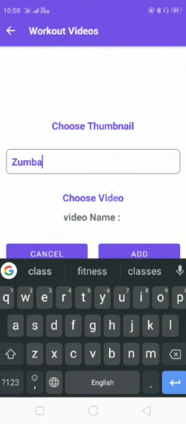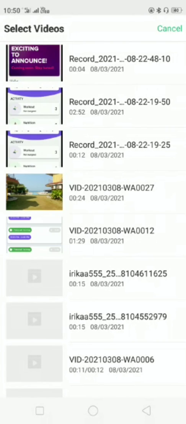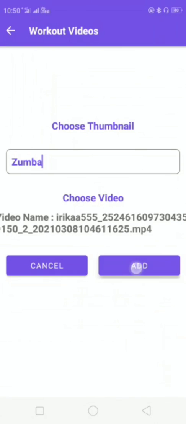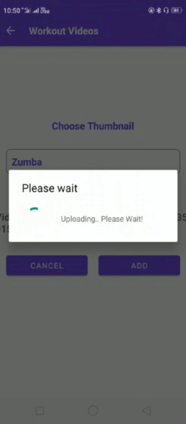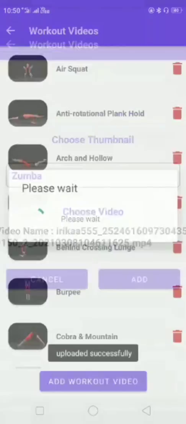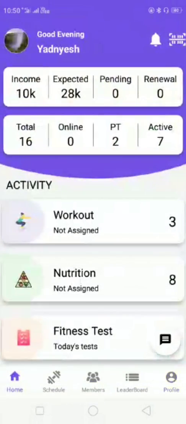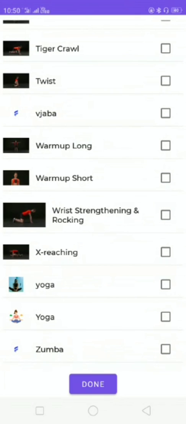Video name, choose a video, and add. Now you can see the workout in your workout list.